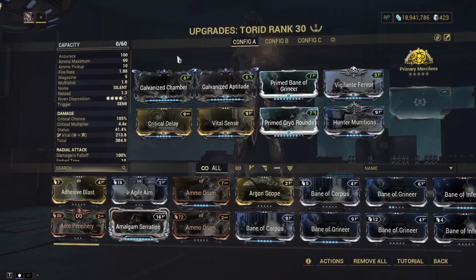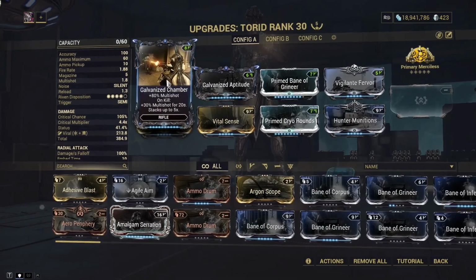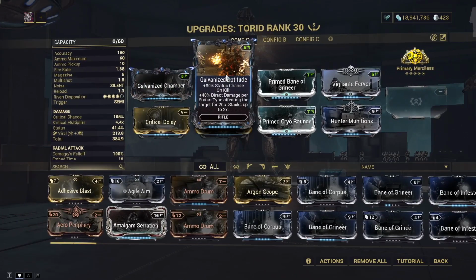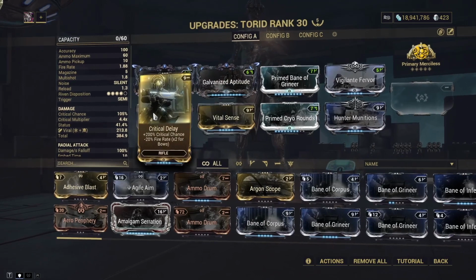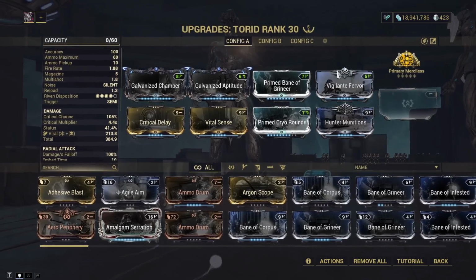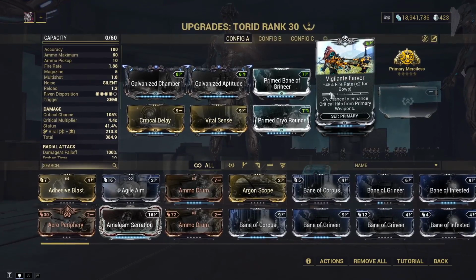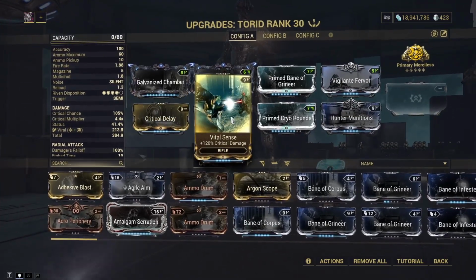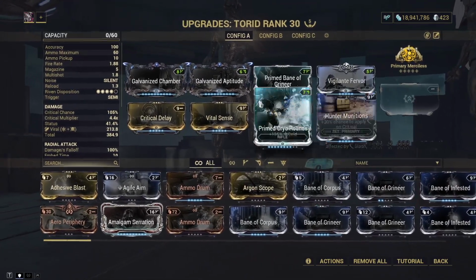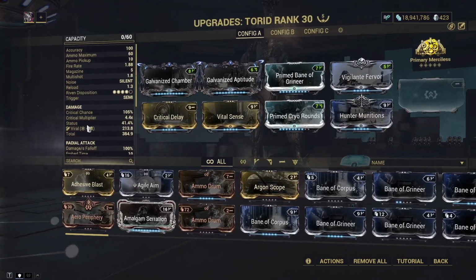For the build, it's a pretty stock typical rifle build. We're using Galvanized Scope, Galvanized Aptitude, of course, Scope for the additional multi-shot, Aptitude for the status chance, and then for the gun CO effect on kills, we have, of course, Critical Delay for the crit chance bonus. Yes, it does lower our fire rate, but that is fine because we have Vigilant Fervor to offset that negative fire rate. Vital Sense for the crit damage, and then we have Primed Rifle Rounds, which will